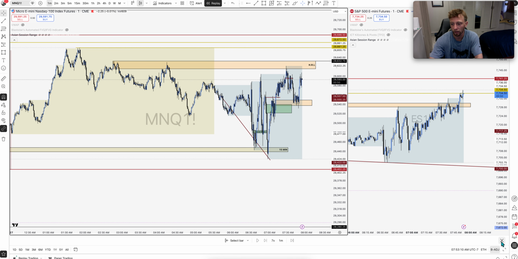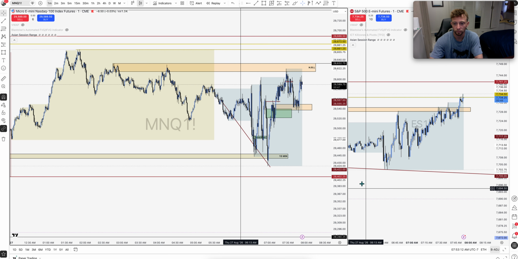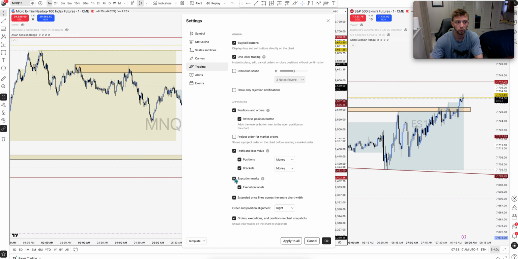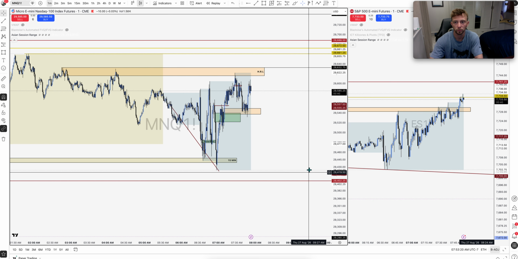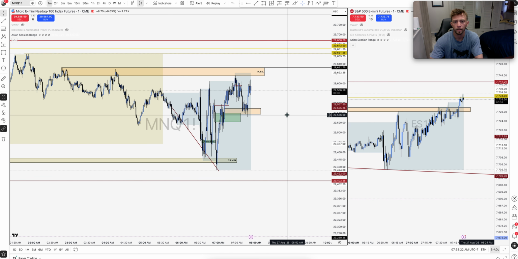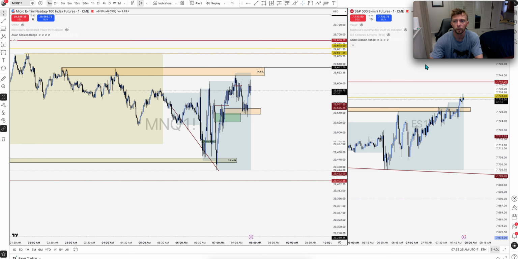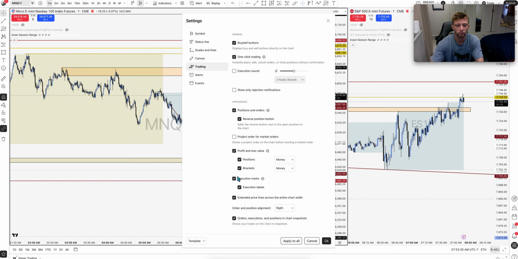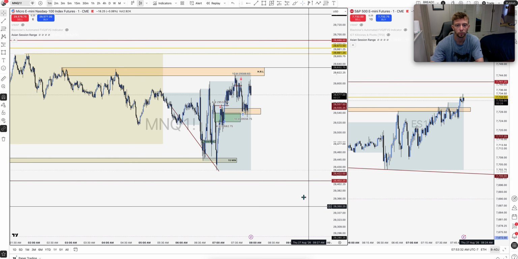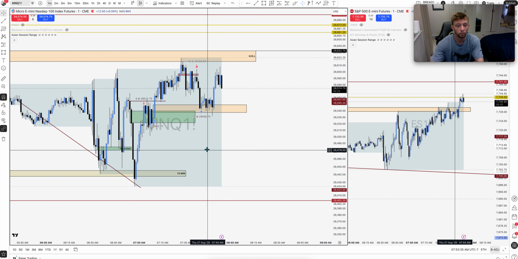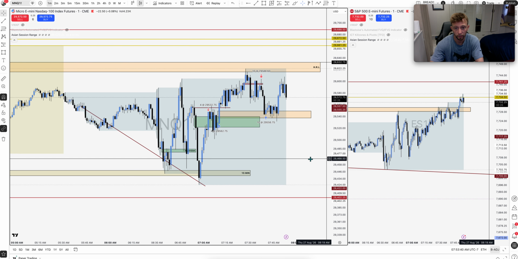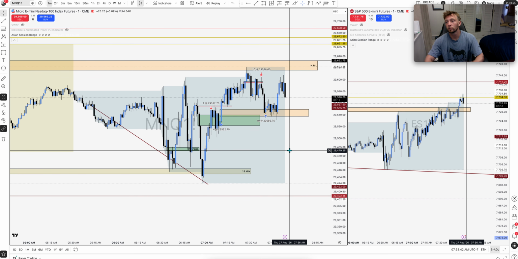But if I exit out of this replay and we tap back into, I don't know why it's not showing the executions. Can I not do executions? There they are. I don't know. But there's that short I got stopped out on, and that was the short that I took down to lower. And again, here's price just playing out in real time. But anyways, those are the two trades I took today.